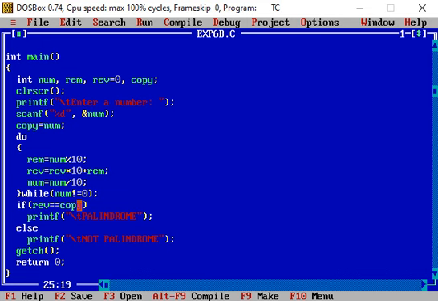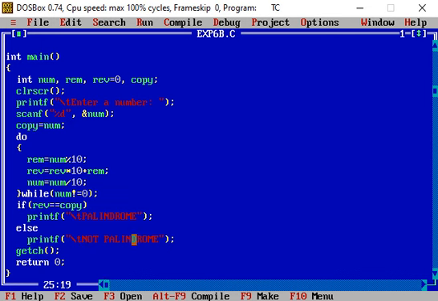Copy contains the entered number. So if the reversed number is the same as the entered number, this condition is true. When the condition is true, we print palindrome, that is, the entered number is palindrome. If the condition is false, then the next message, not palindrome, is printed: the entered number is not palindrome.